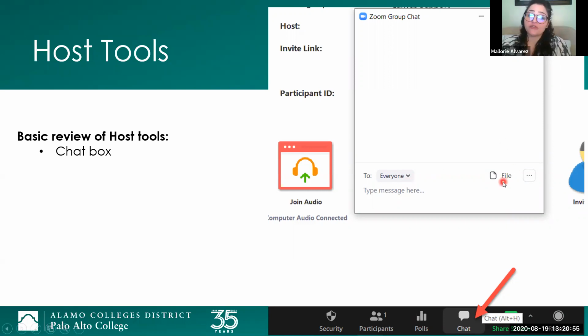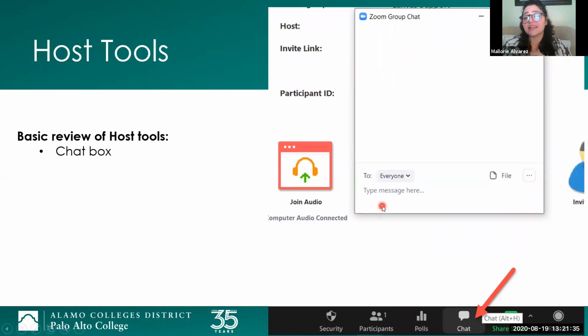If you wanted to attach a file, say you want to give your students or your coworkers a file, you would simply click onto the chat box, and then you would select this button right here, File. When you click on File, it opens up your computer, and then you can send any kind of document, any PowerPoint, PDF, or Word doc. If you wanted to simply share a YouTube video or a link, you would just copy and paste the link in the message and hit enter on your keyboard.